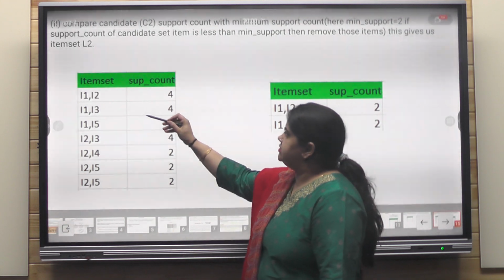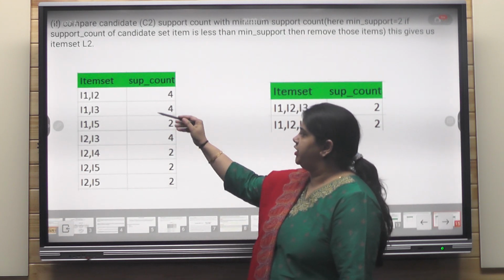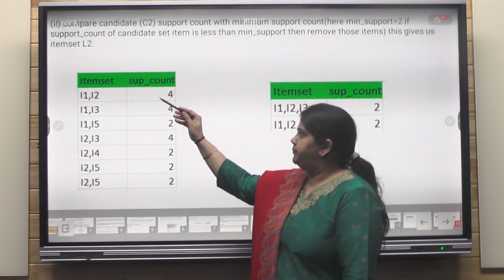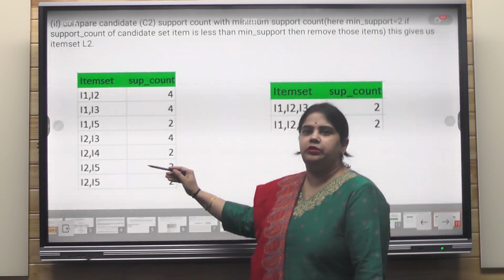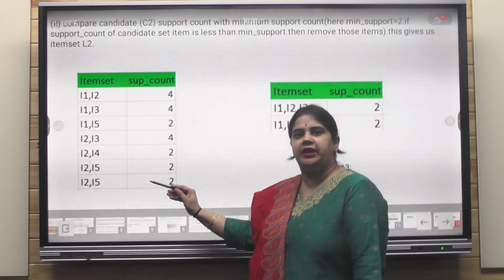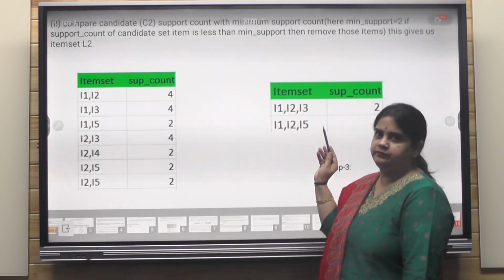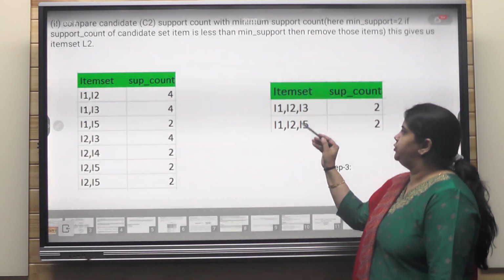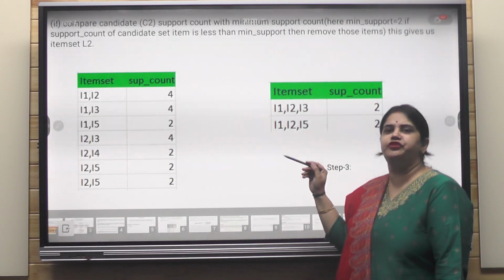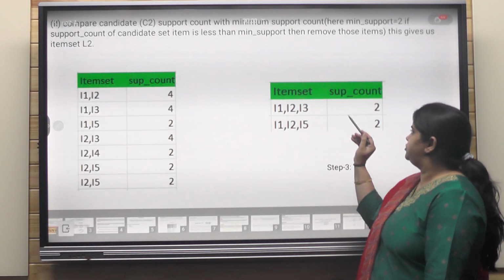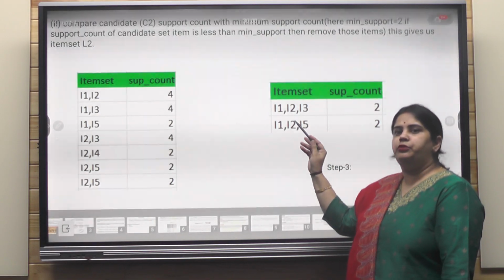Among these 1, 2, 1, 3, 1, 5, we are going to create the bucket of all the 3 items which have been purchased together, and simultaneously we are going to write their support count. Here I have written only those values which ensure the support value. Let's count. And how are we going to check?